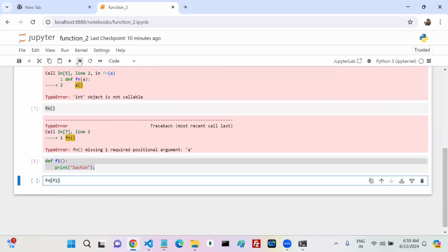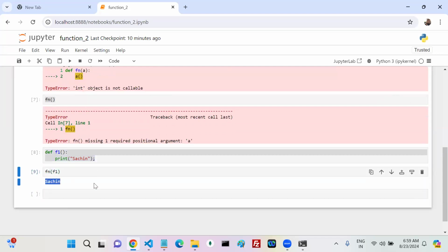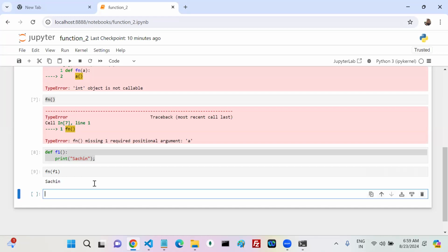Now, can you come here? Can I refresh? Now the value is like what? Sachin. Agreed. All are okay. Any questions?